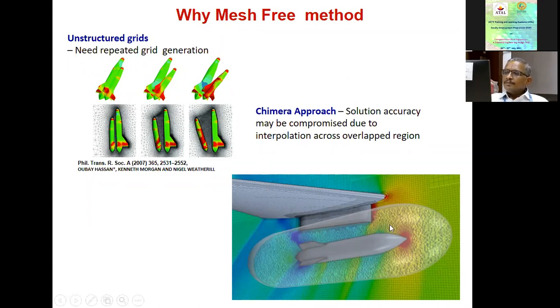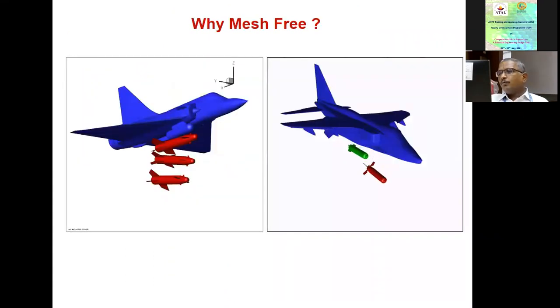So even here, when the governing equations are discretized and solved over this set of finite volumes, there are regions of overlap between the parent grid and the grid which is attached to the moving body. In the region of overlap, there is continuous exchange of the solution across these overlapping portions. So this would again lead to a sort of interpolation of solutions, hence again loss of accuracy. So these are the conditions which led to the idea of, can we do away with this kind of conventional generation of grids?